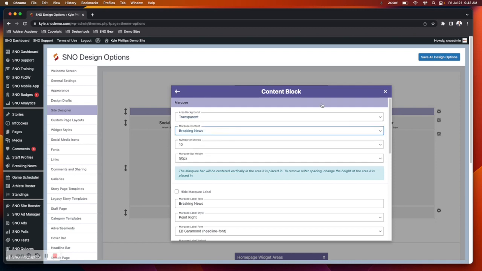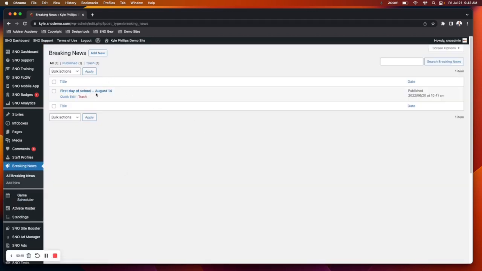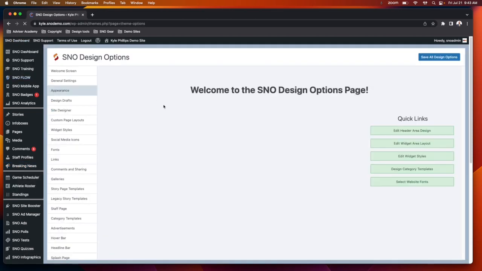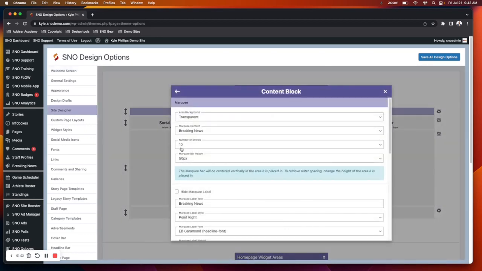If you choose to display breaking news, that is controlled in the Breaking News tab. You can add or remove headlines here, and as long as they are in that list, the marquee will display the number of headlines that you tell it to in those settings. So for example, right now, my marquee would be displaying the 10 most recent breaking news headlines. If those headlines are no longer valid, you can delete them out of breaking news to make sure they don't